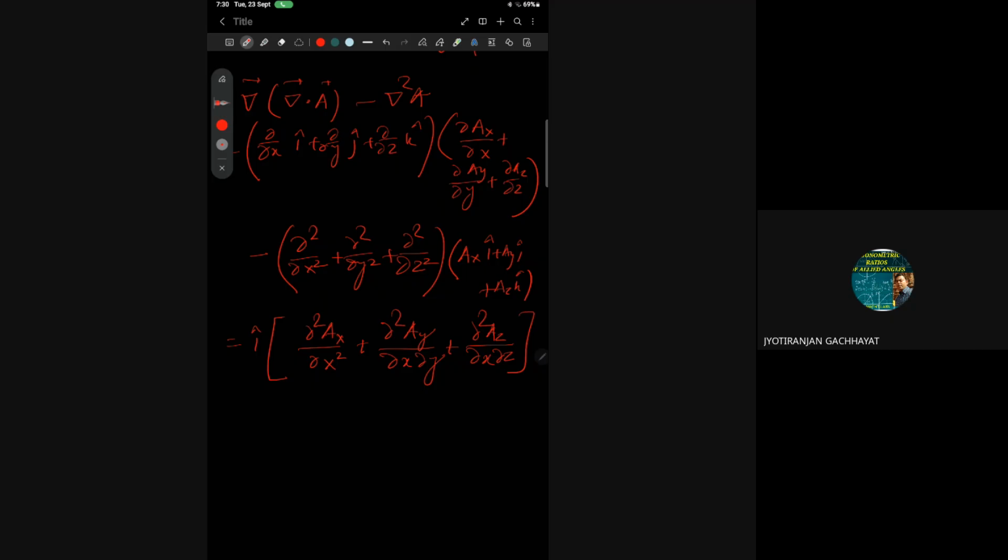This is the i cap term of the first term. Similarly for j cap, del by del y, so del square ax by del y del x plus del square ay by del y square